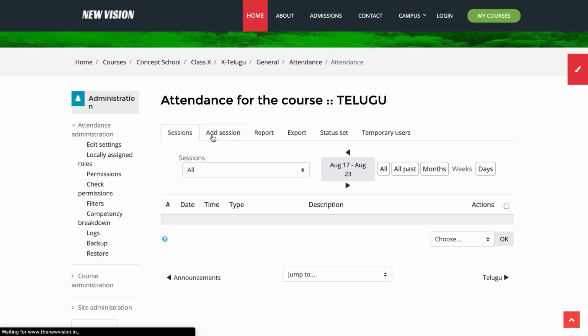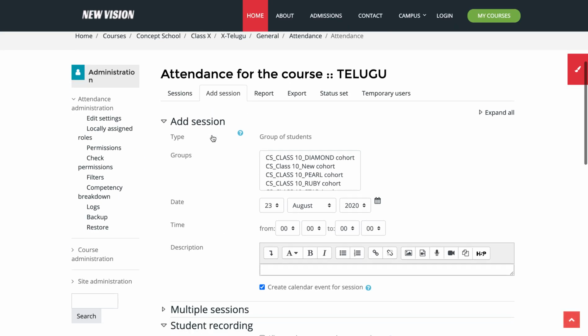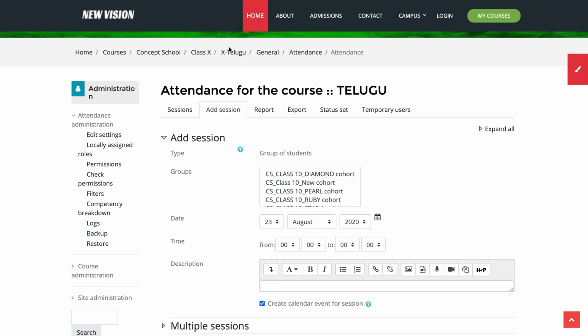You should click on it, and once you click it, all the sections are already pre-mapped. Since I have taken a 10th class concept school, I could see 10th class diamond, new admissions, pearl, ruby, star 1, star 2 sections already added here.